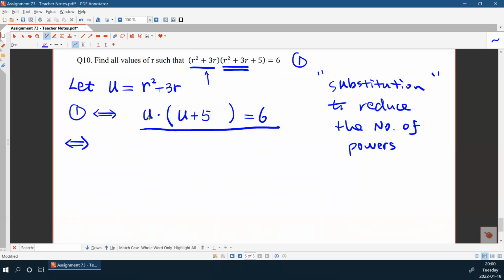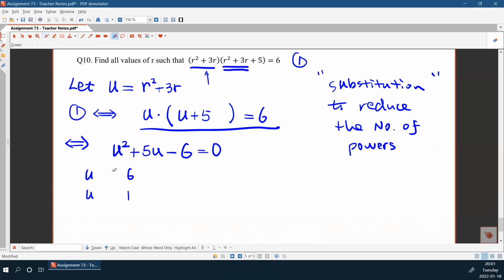Okay, so for the equation here, we can just expand the left side. The left side is just u squared plus 5u, right? And then we can move 6 to the left, which is -6. Then again, you can choose to use the quadratic formula to solve u, which we already know how to do. And if it is a simple equation, try using cross multiplication first. If you try cross multiplication, u squared can be factored into u by u, right? -6 can be factored into -6 times +1,